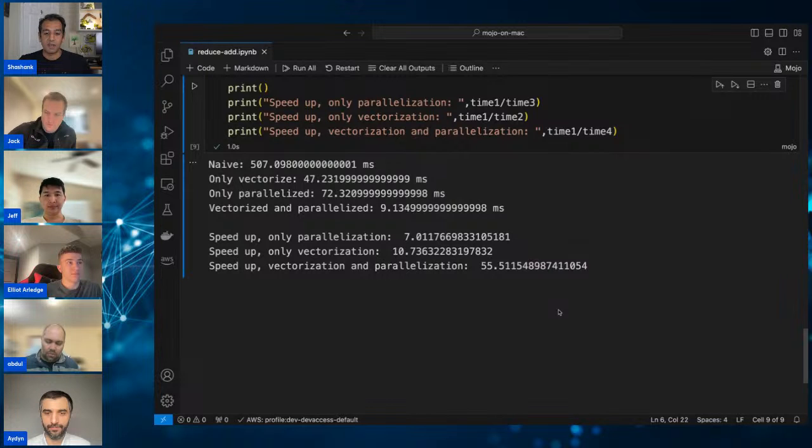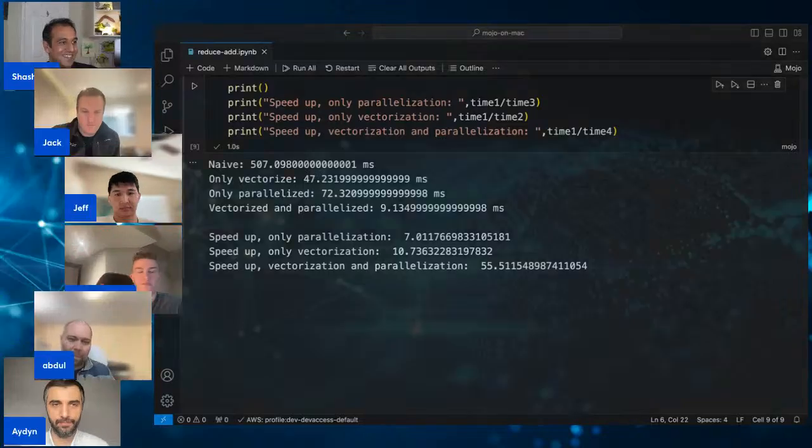speed up, right? And all I wanted to share was the fact that you can take better advantage of your hardware on Mac if you're writing these algorithms, because of the nice high-level APIs that we offer, where you can vectorize, parallelize, and speed up your implementations, if you will. So I will pause here. I know I did this at a pretty high level. I'm not a deep expert in these areas, and if Abdul or Jeff want to share more color on what's happening behind the scenes, I will leave the discussion open to them, and we'll also answer some questions along the